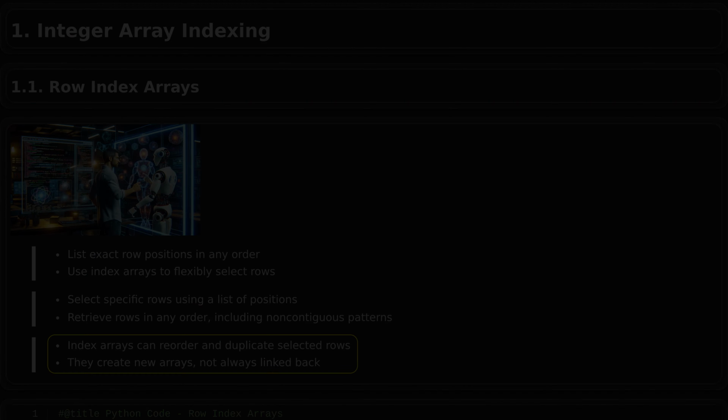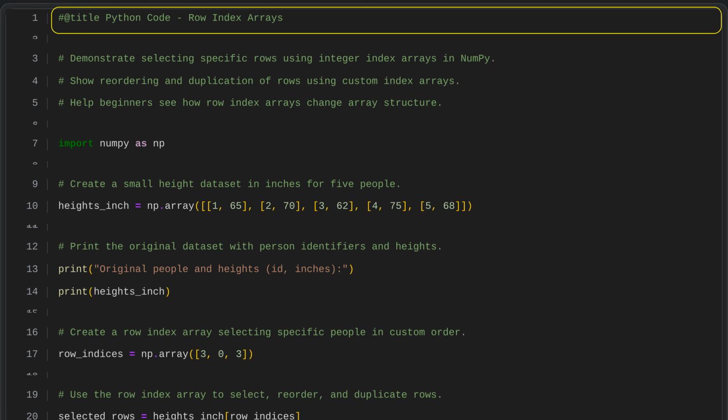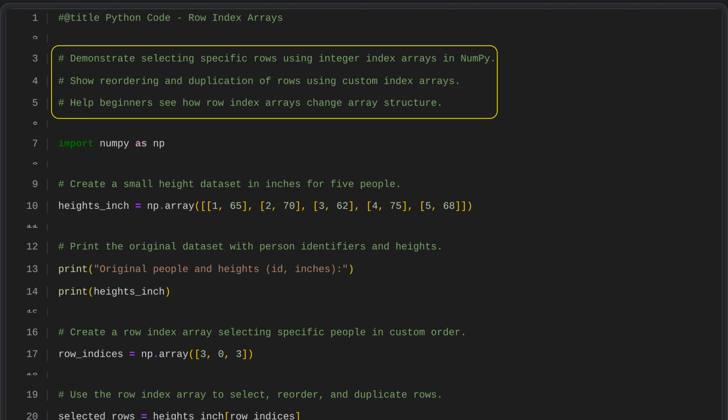Python code. Row index arrays. This section shows how to use integer index arrays in NumPy to select specific rows from an array. By providing a custom list of row positions, you can pick out only the rows you want, change their order, or even repeat the same row multiple times. The goal is to help beginners see how changing the row index array directly changes the structure and arrangement of